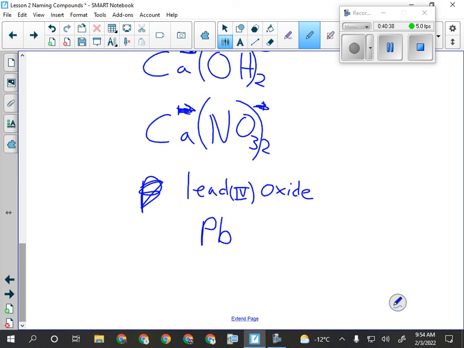Okay, and the 4 tells me it's got a 4 plus charge, because lead can be 2 or 4. And oxygen is always a negative 2. Okay, so now when I drop and swap, I'm going to get 2 and 4. Okay, that balances my charges,